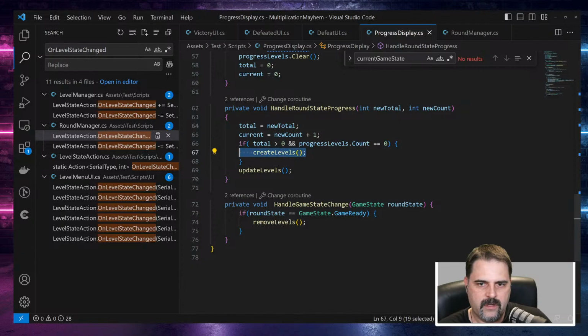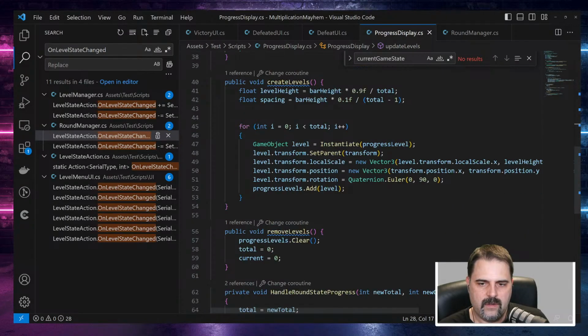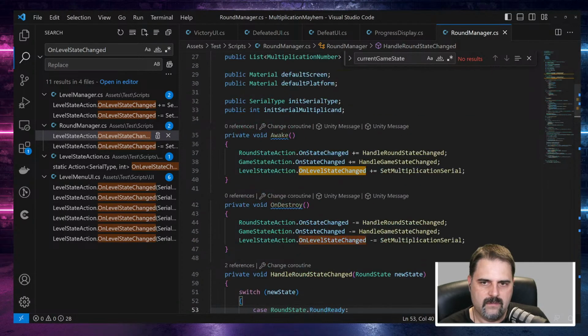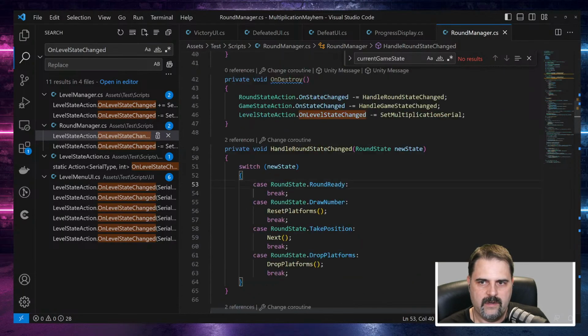That's when I have to create it. Otherwise, it just updates levels. So I don't have information about when I won or failed. I think I will need to. I was thinking of this the other day. I need to introduce one more level